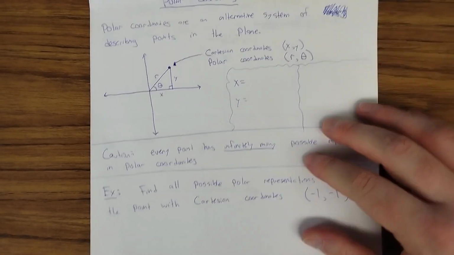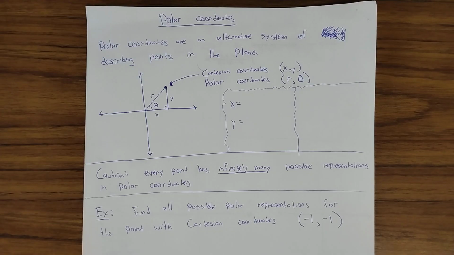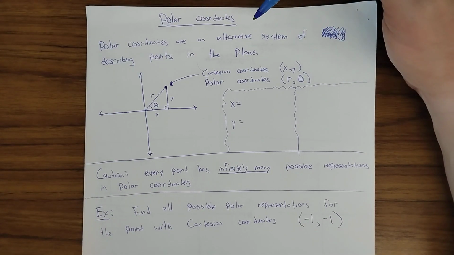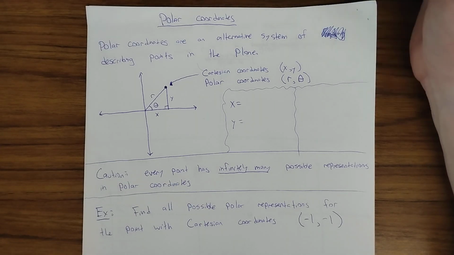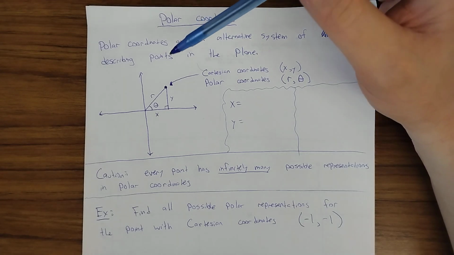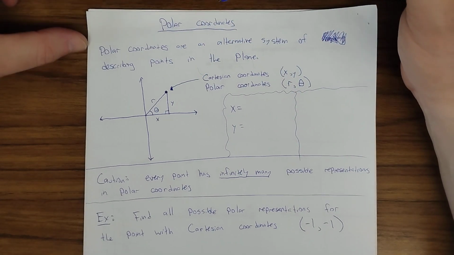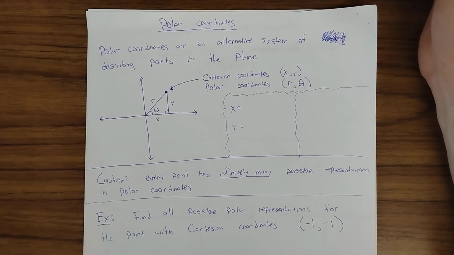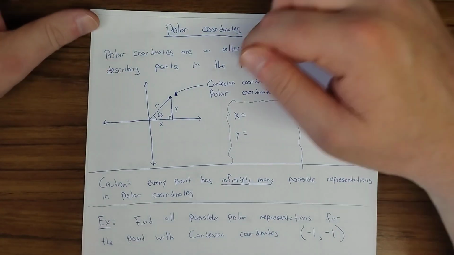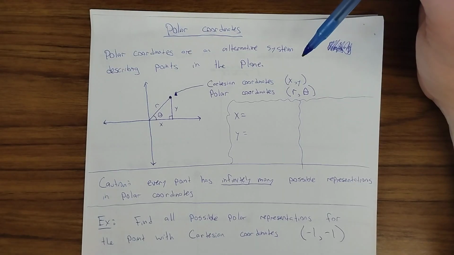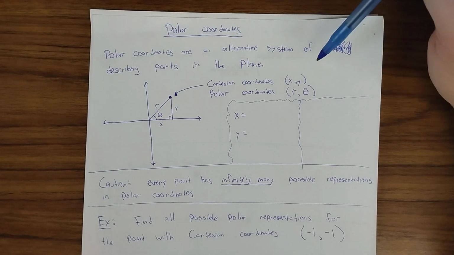Okay, this is an introduction to polar coordinates. So I'm not going to assume we know anything about polar coordinates. What they are is an alternative system of describing points in the plane. If I want to describe a point in the plane, I have to tell you where it is in some sense. And what we're used to is what we call the Cartesian system, like the XY system, where I